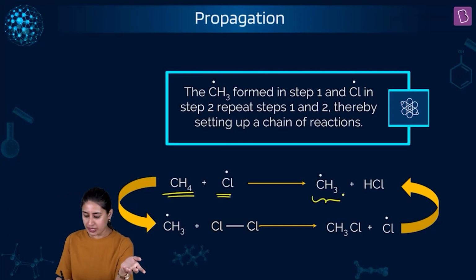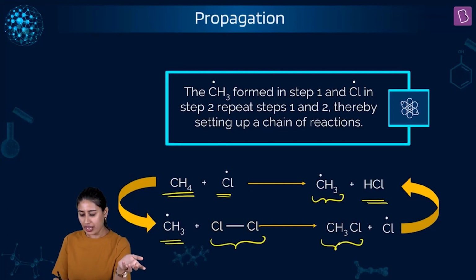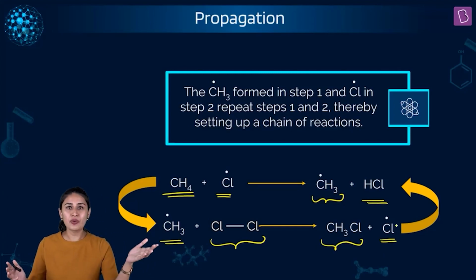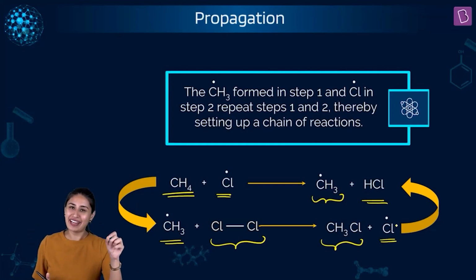CH4, Cl, methyl free radical, HCl, this methyl free radical, more chlorine, right? CH3Cl, again Cl free radical. Just like you know that one infected person can infect many others, this chlorine free radical is going to react with methane and produce an alkyl free radical. This alkyl free radical, the healthiest of all, also got infected, and can infect others. And this is ever going. This is like a non-stop kind of thing.